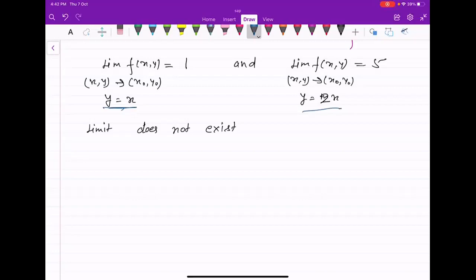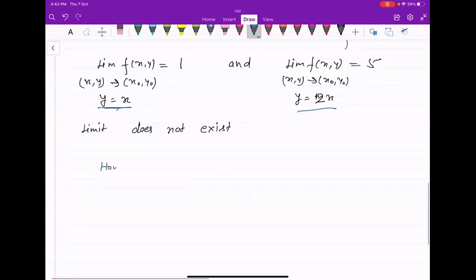By two approaches, if we are getting different limits, then we'll say the limit does not exist. That's why this method is called the two-path test. So what we will do is try to find any two paths by which we are getting two different limits. Then we'll say the limit does not exist. So how to proceed? For that, we will find,